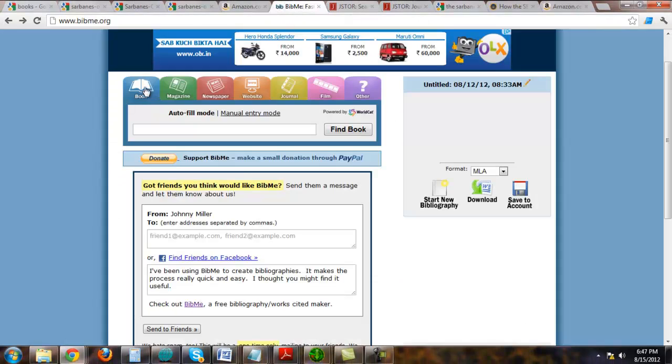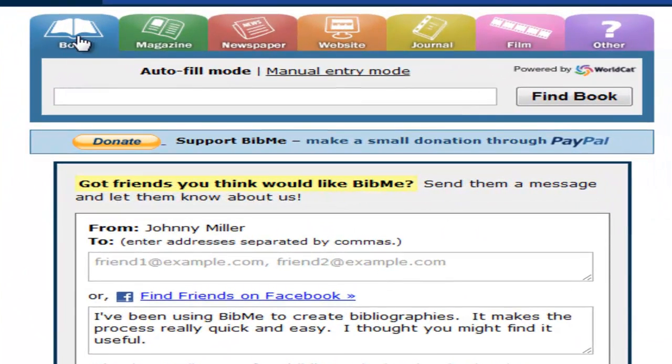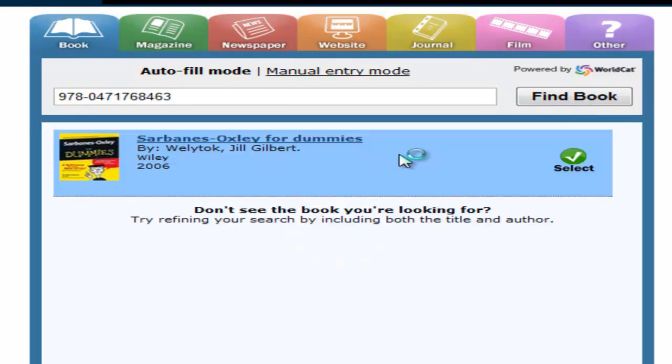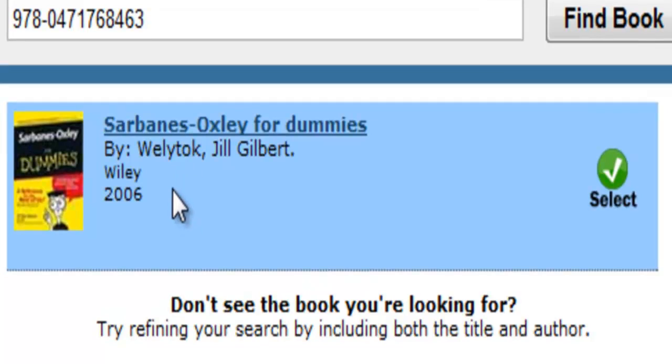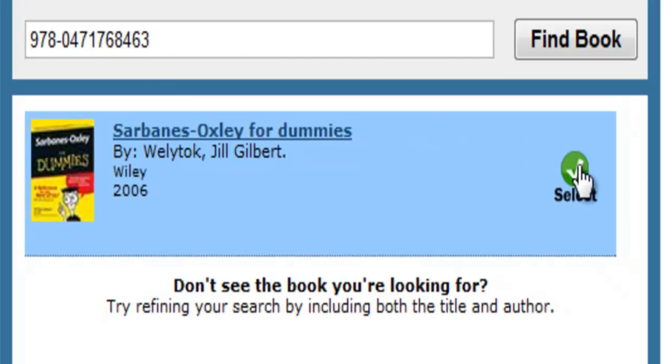Go to PupilBay. Make sure that the tab is on book and just paste the ISBN number over here and click on find book. The book will be found. Check if this is the same book. Yes, the author's name is right and the book name is right. So click on select